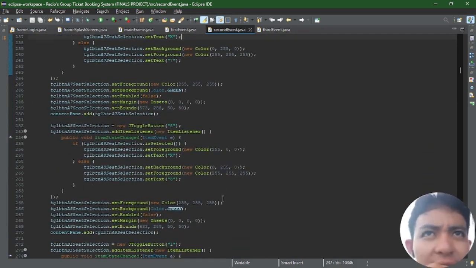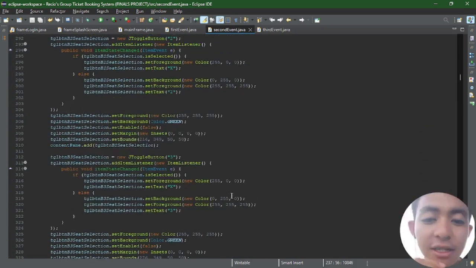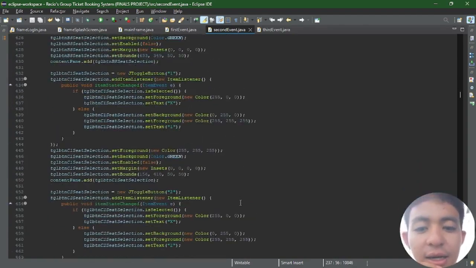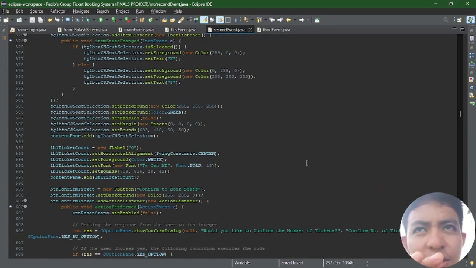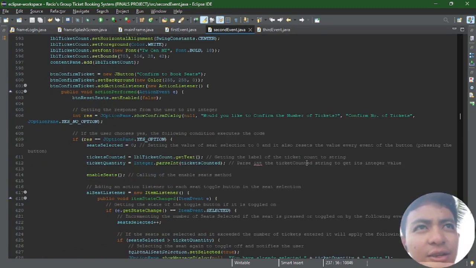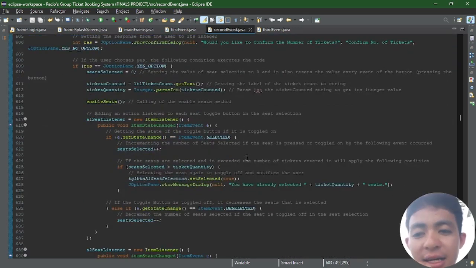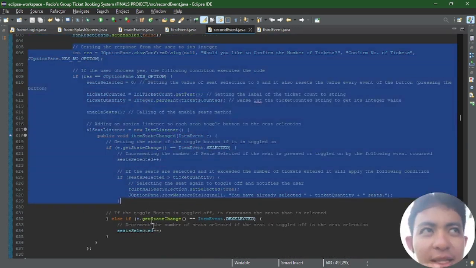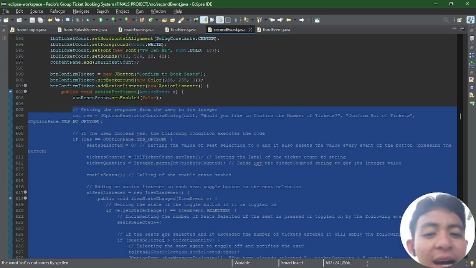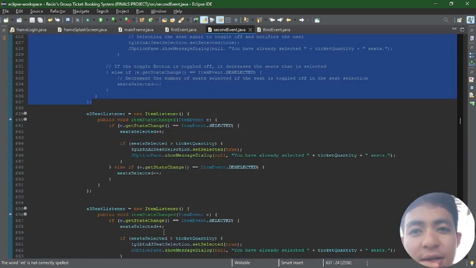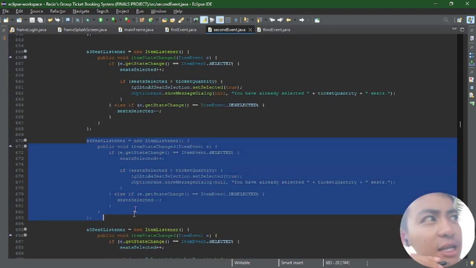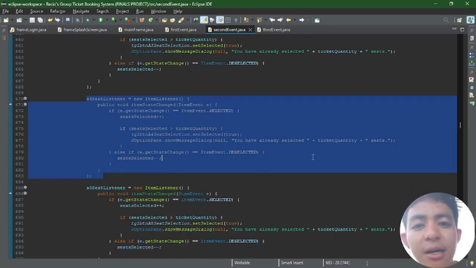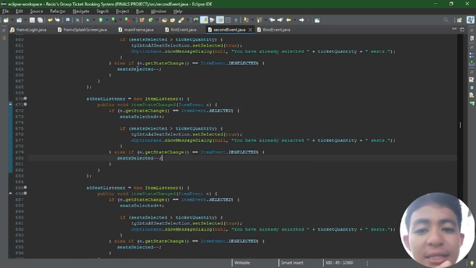So let's go here, to the booking button. So here's the booking button. We can see here the booking button has been selected. Once it's selected, all the toggle buttons that have been selected on that seat will be recorded in a JTable component. And here's the cancel button. Once pressed, everything will restart again. So all the components have many different functionalities, and the functionalities are very focused on this frame.